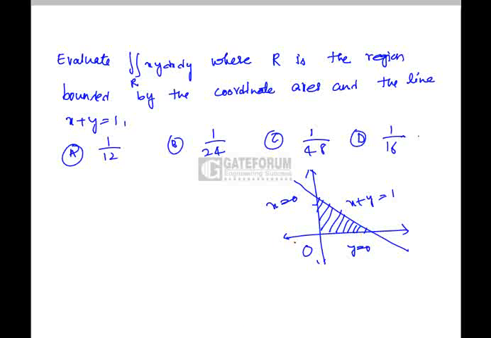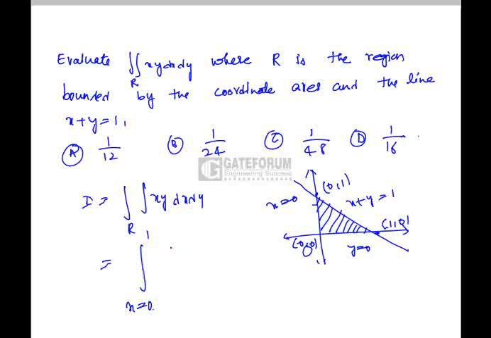Now clearly x is varying from 0 to 1 and also y is varying from 0 to 1. Now the given integral is nothing but the double integral over R of xy dx dy. If I consider x as 0, it is varying from 0 to 1. Now if I consider y as 0, it will vary from 0 to 1 minus x, which is xy dy